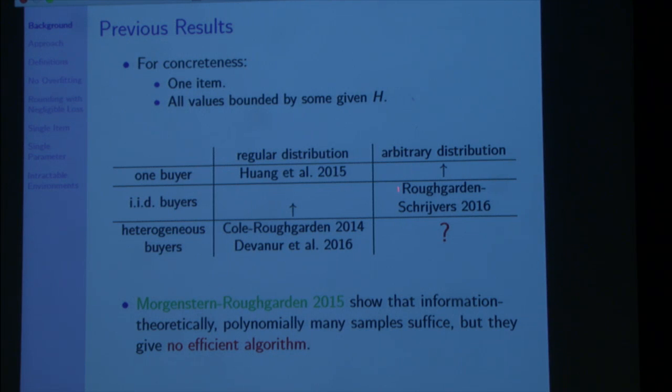They show that polynomially many samples are enough so that if you take from this large space the auction that performs best on the samples, it will approximately maximize revenue on the underlying distribution, but they have no efficient algorithm to traverse that actually infinite